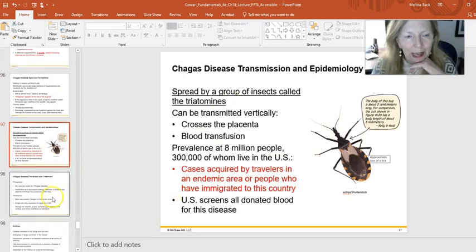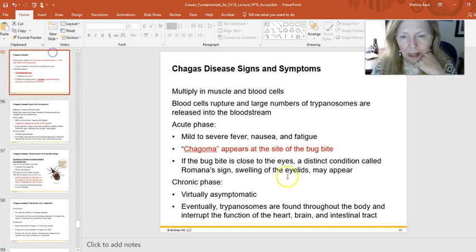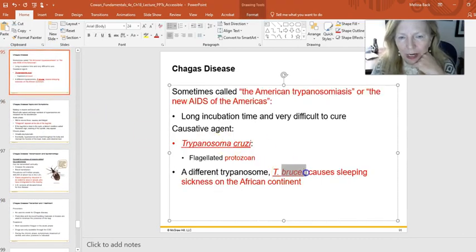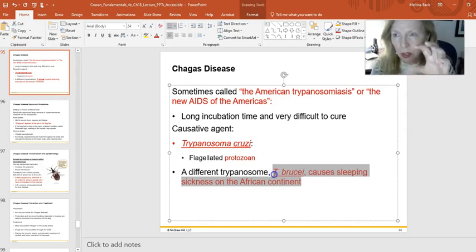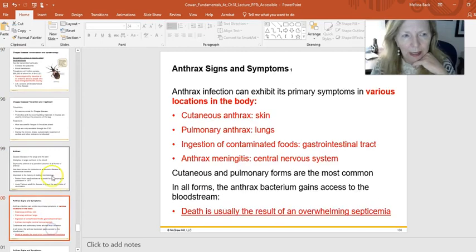Chagas disease and African sleeping illness. You can see that's actually the species Brucei. This affects the central nervous system, and people are said to be walking around. This is endemic to northern Africa. This is said to make people walk around like they are zombies. And again, high significant mortality rates.